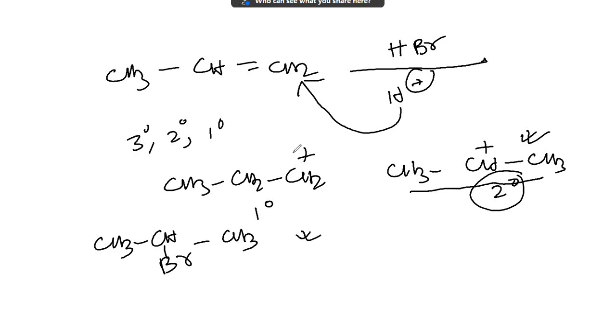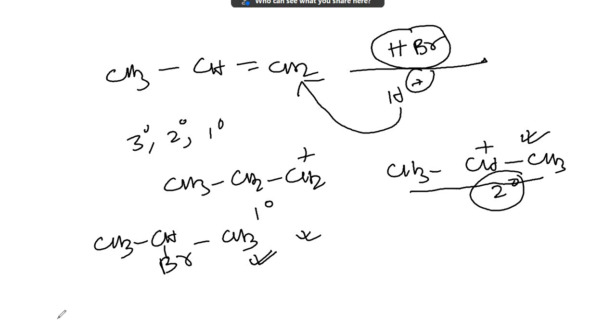So what is the mechanism? In this case, unsymmetrical alkene, when an electrophile attacks it, it forms a carbocation with more stability. 2 degree is formed, which is attacked by Br minus to give you the product. So 2-bromopropane will be the major product, and the reverse, 1-bromopropane, will be the minor one, and it takes place